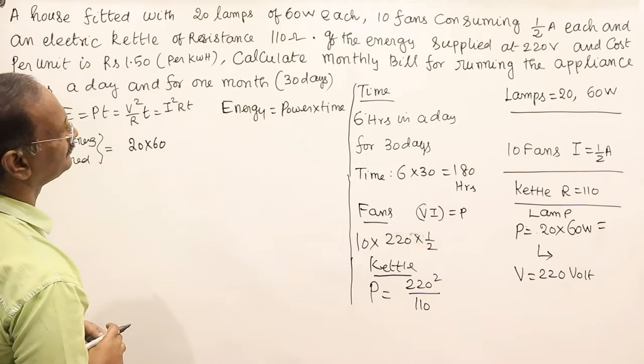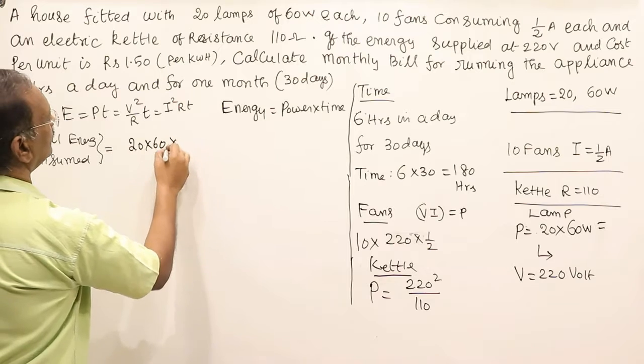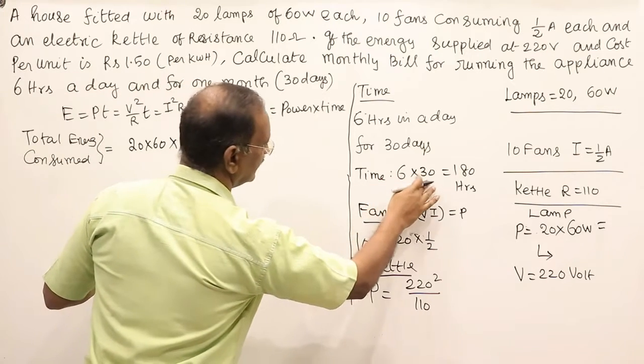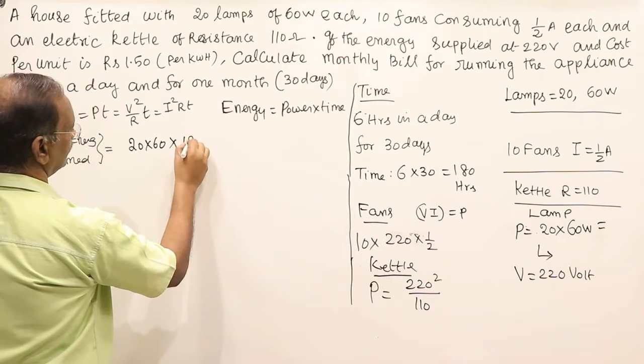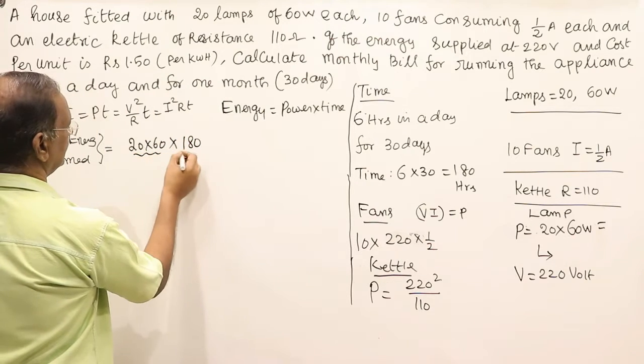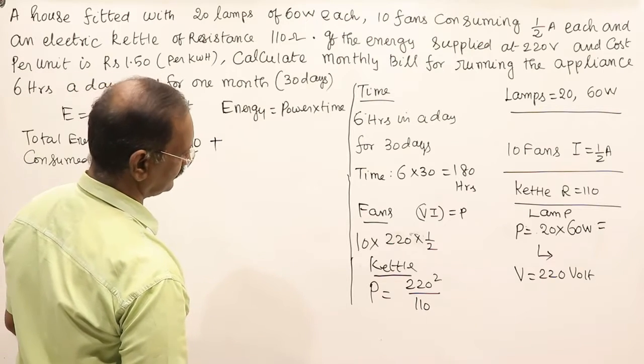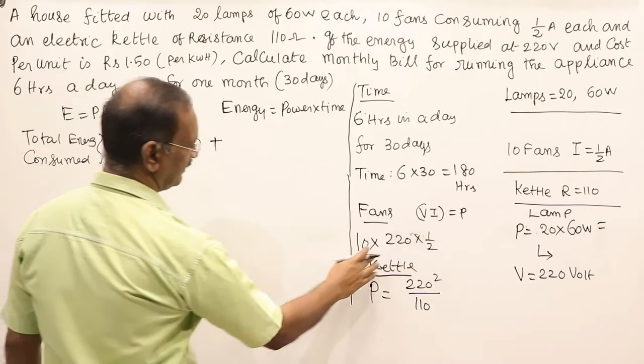20 into 60 into time, because the lamp is running for 6 hours a day for 30 days. There are 180 hours. So this portion is power for the lamp. How about the fan? For the fan, the power is equal to